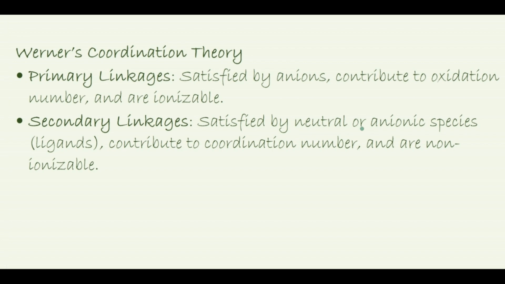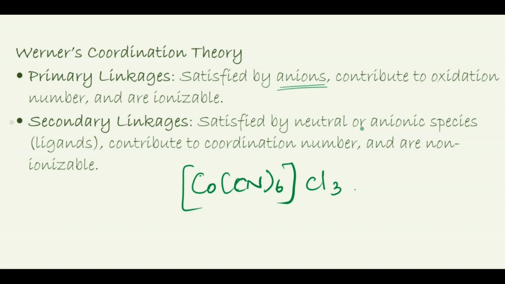Say for example, if I am taking the complex of Co(CN)6 Cl3. Okay. So in this case, the primary linkages are satisfied by the anions and contribute to the oxidation number. So without this it becomes 3+, isn't it? And these are ionizable. So this is primary,